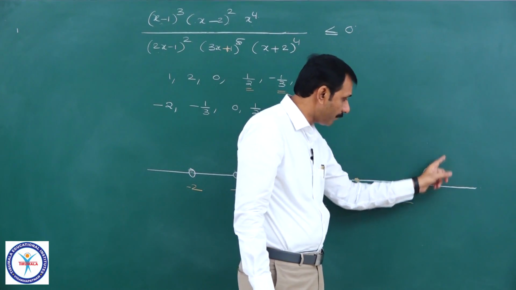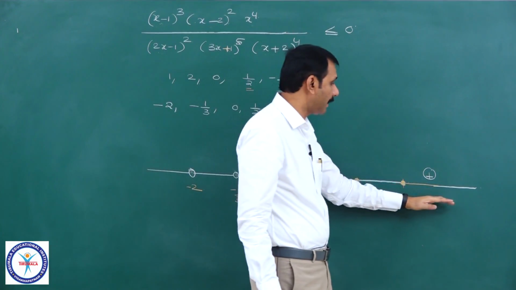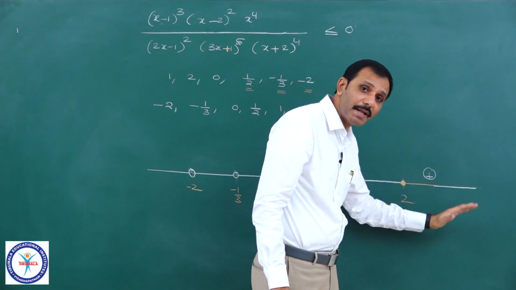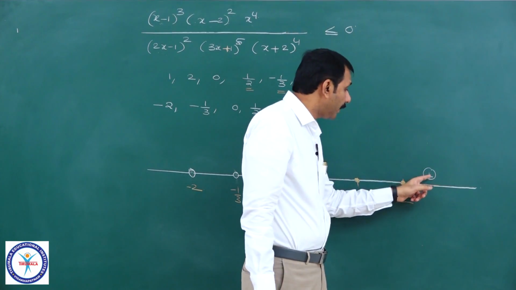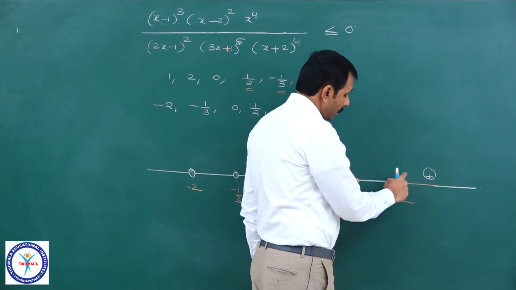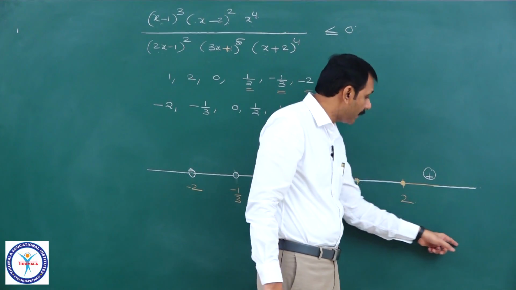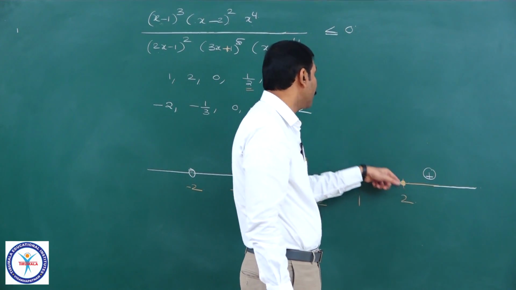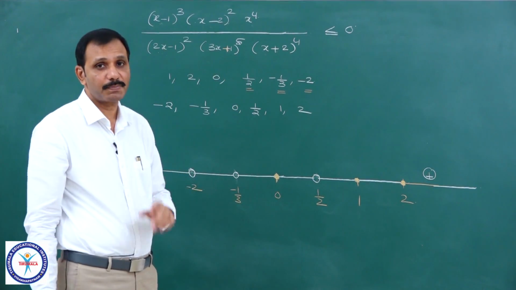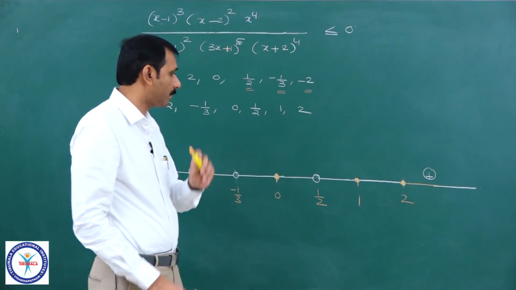That is, if I take somewhere 3, you check the value of this. If it is positive, keep the plus sign above the x axis; if it is negative, keep the minus sign below the x axis. If it is positive, our wavy curve will start from above the x axis and it will follow the same rules, and if it is negative, then our wavy curve will start from below the x axis and it will cut or it will remain the same. That depends on the powers of linear expressions. That discussion we have already seen. Now let us look at this one.